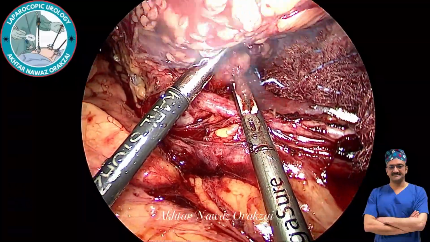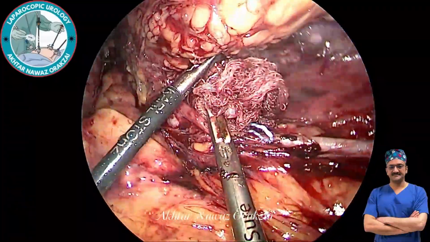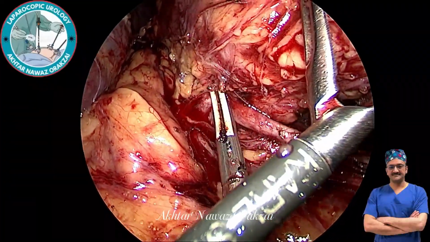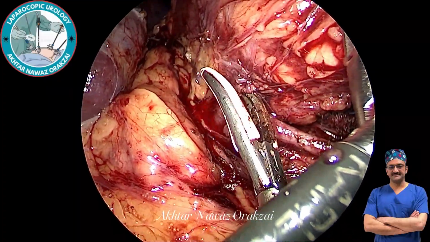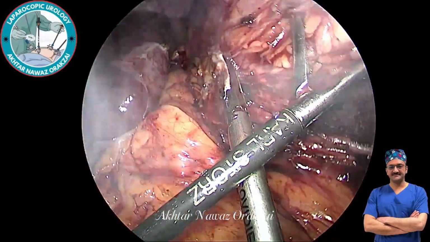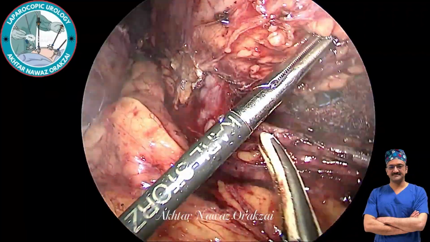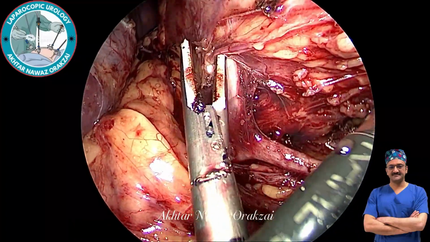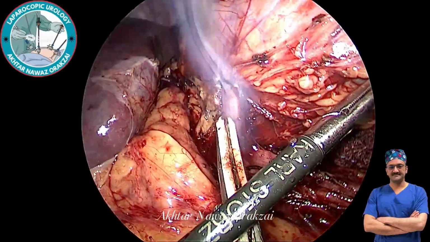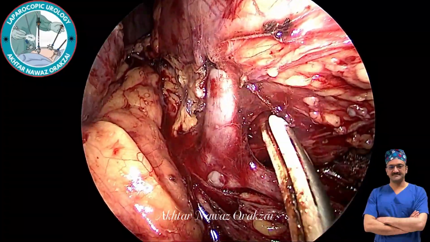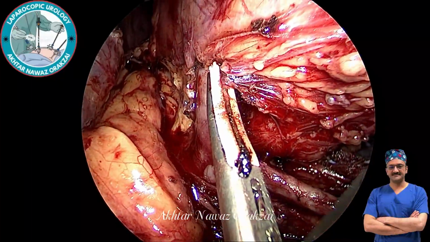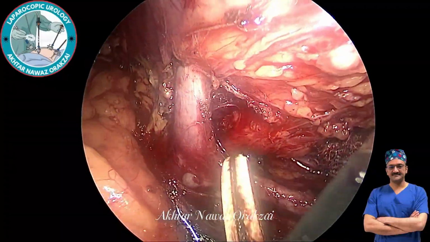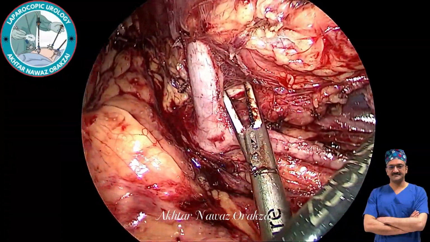So we are looking for the renal artery first here. Dissecting the renal vein medial to the insertion of the gonadal vein can be a dangerous maneuver, especially when it is not required. That is in case of a non-functioning kidney. However, in case of renal tumors, especially the transitional cell carcinoma of the renal pelvis, dissection medial to the gonadal vein may be required as